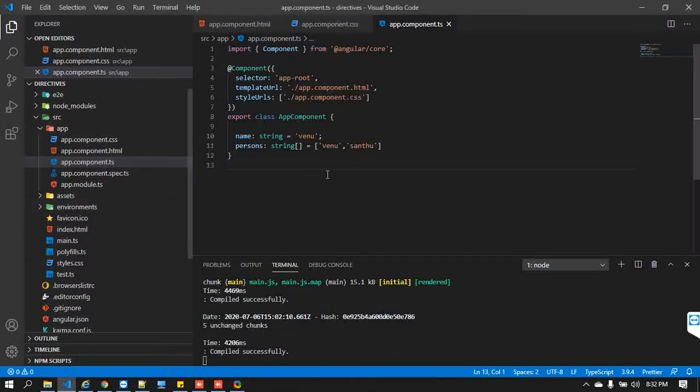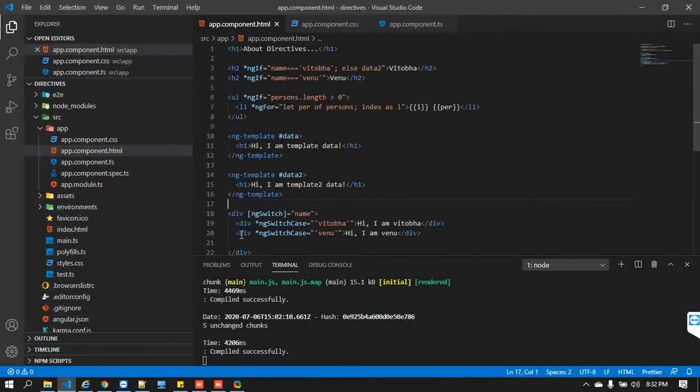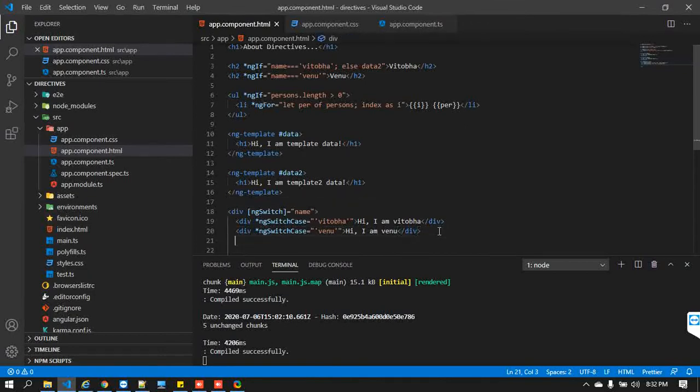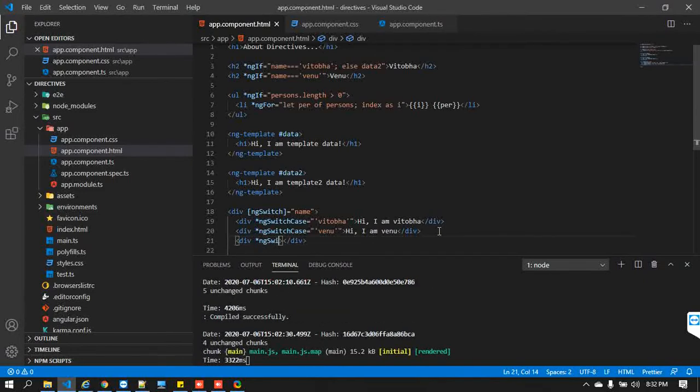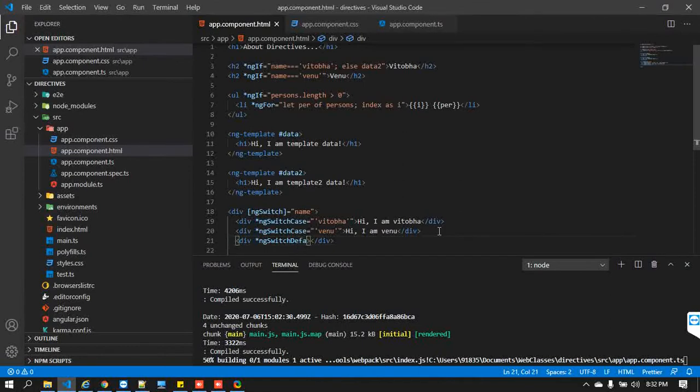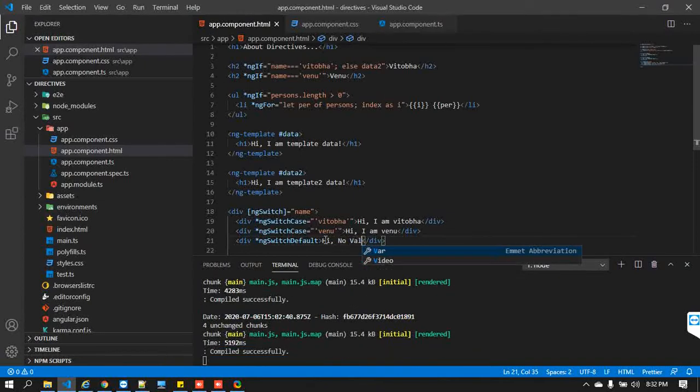For example, you don't have any value, or you have passed some wrong value. At that time I should display some default value, right? That also you can do. There is another directive, ngSwitchDefault.